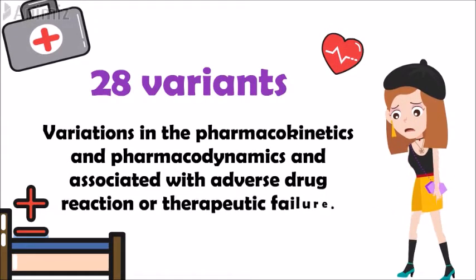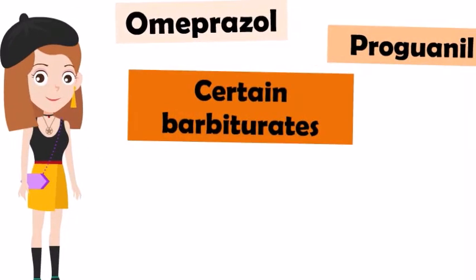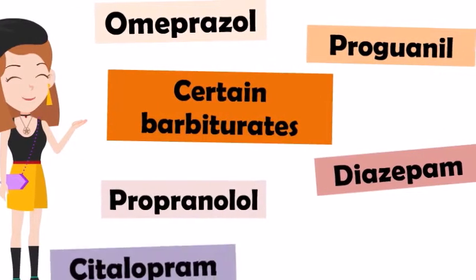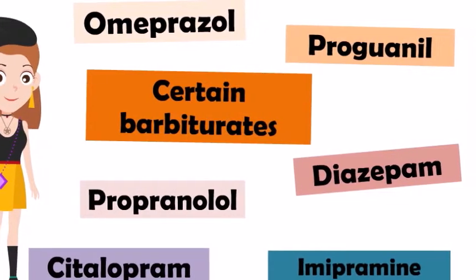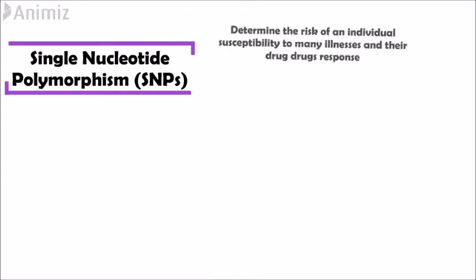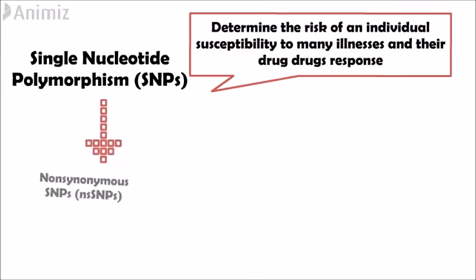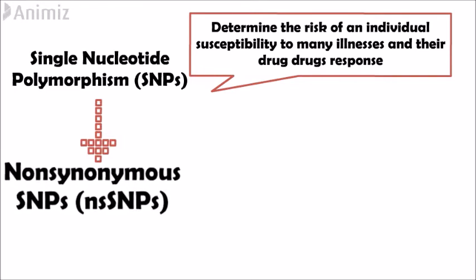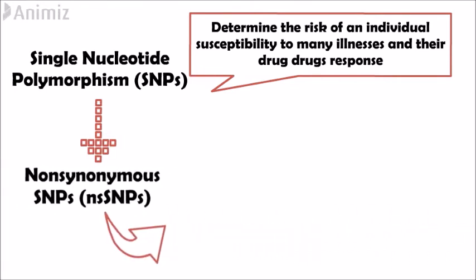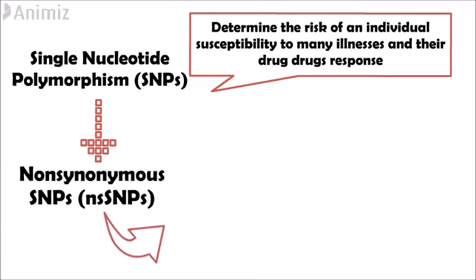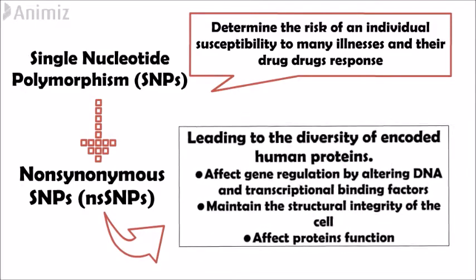All these variants can cause variations in the pharmacokinetics and pharmacodynamics, as well as be associated with adverse drug reaction or therapeutic failure. Here, I provided some examples of therapeutic drugs which have been affected by cytochrome 2C19 drug metabolism. As we know, single nucleotide polymorphism, SNP, can determine the risk of an individual's susceptibility to many illnesses and their drug responses, while non-synonymous SNP, or nsSNP, is one of the coding SNP types, leading to the diversity of encoded